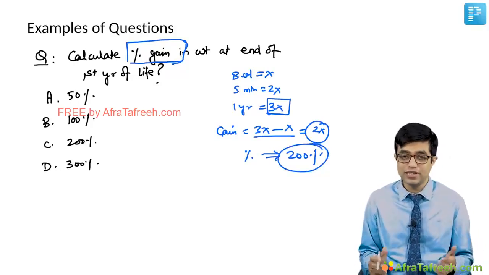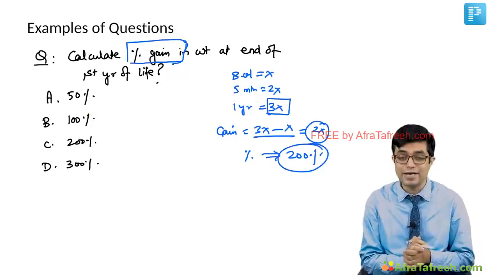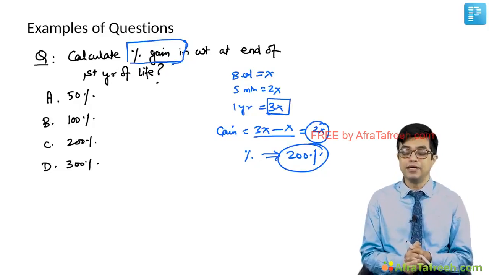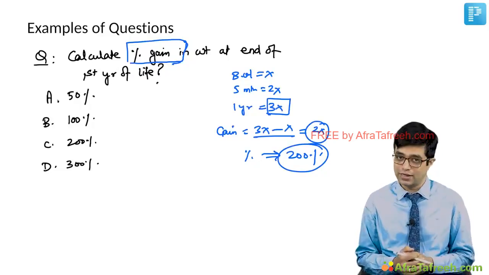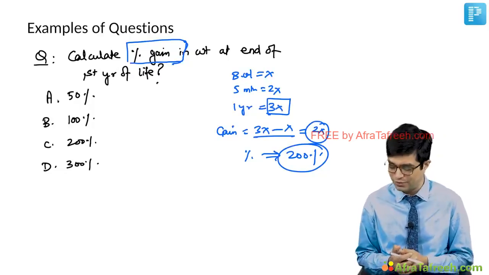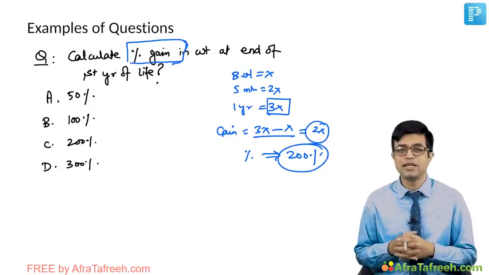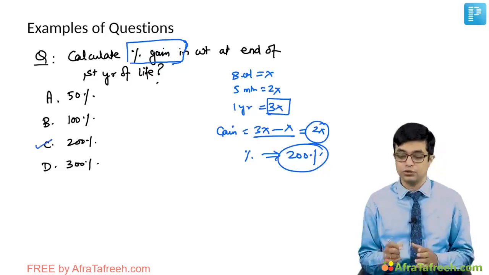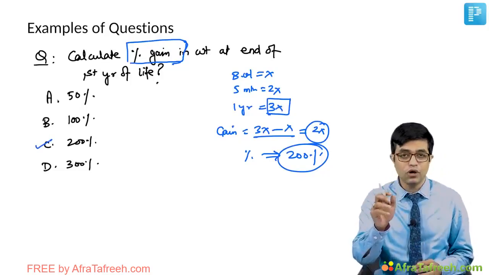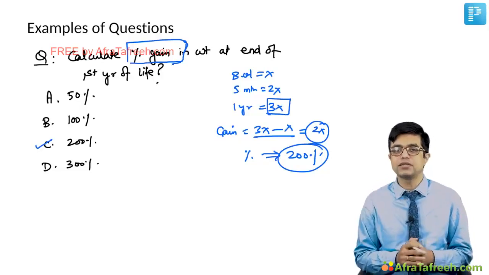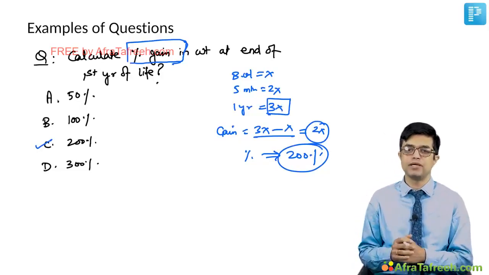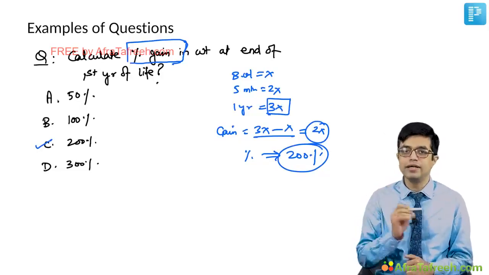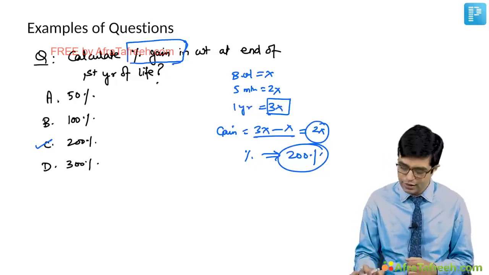One of the very good students and one of my juniors marked it as 300% and immediately repented when he came out of the exam. Of course, we had a talk later and he told me about it. So this is a common mistake which people make. So the answer to this question is 200%. So this is an indirect way of how questions can be asked in super specialty and fellowship exams based upon the ready reckoners we discussed.